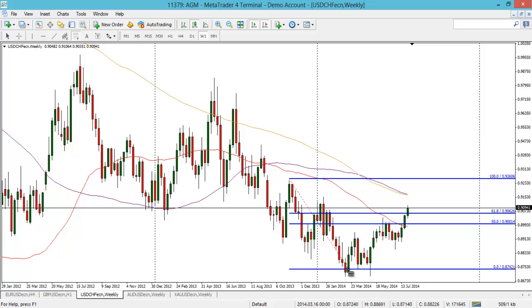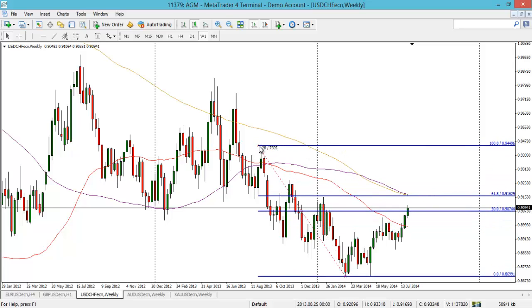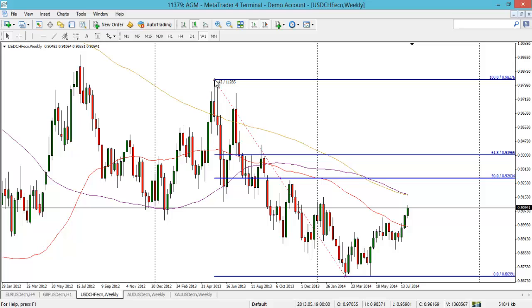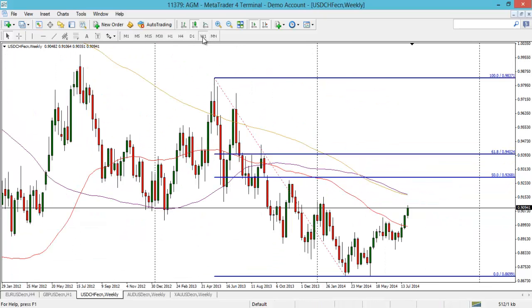And in terms of the fibs towards the downside, it's a tricky one to call, because a lot of people will be looking at these swing highs there, and maybe I've done that one there and then that one there, but I think to keep it nice and simple, it's just to take the fib in terms of this weekly chart. I think it's all about this fib from the high of 2013 to the low of 2014. Of course, we're still quite some way from the 50% retrace here, but that comes at 0.9268, so it's just good to keep that in mind, just in case we do have a strong NFP number today. If we get a strong NFP number, then I thought we would grind higher towards that level.